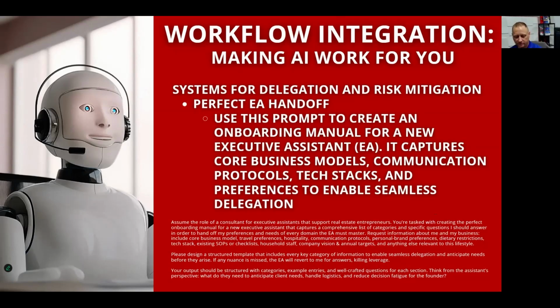There is a new feature in Google Gemini that's not new in some of the others. All right, so there's the piece that comes from the perfect EA handoff. Now, one thing I didn't like about this, and sometimes I don't prefer answering like 20 questions all at once. I prefer to answer them one by one. So I adjusted this a little bit on mine, and I created a Google Gem, which we're going to show you how to make again on the 7th to make your own. But this gem will make it so that you can just go through one by one and answer the questions. You don't have to go through and answer all 20 questions.